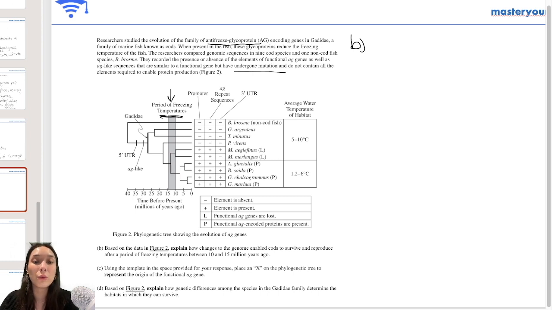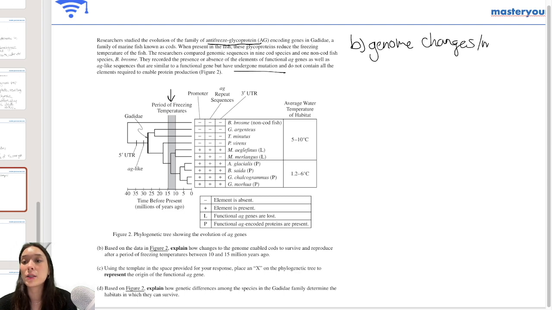The colder environment would have selected against these ones over here that don't have the antifreeze proteins. Okay. So it really comes down to natural selection and the fact that having the glycoproteins helps you be better equipped and selected for in this period right here where it did get colder. So for this one, we'll put that the genetic sequence, so it's asking specifically how the genome enables cods to survive. So we'll put genome changes